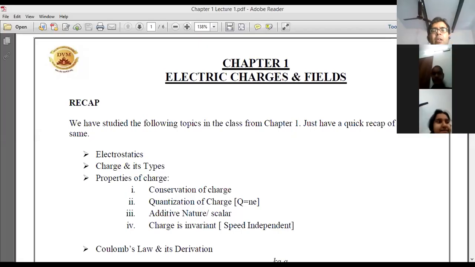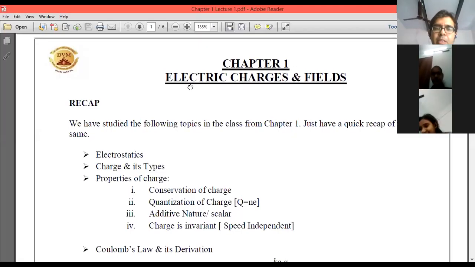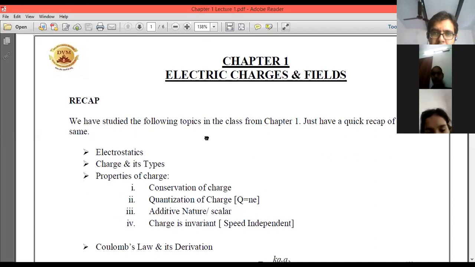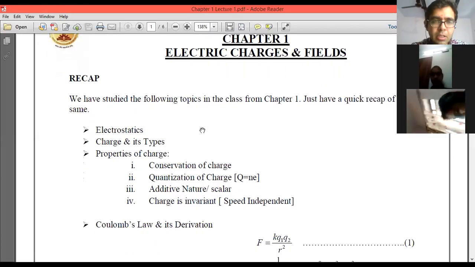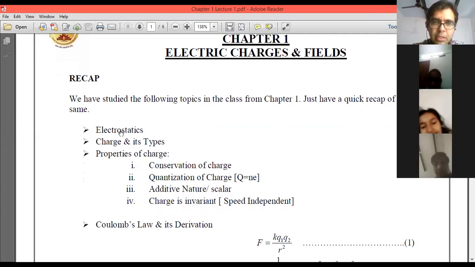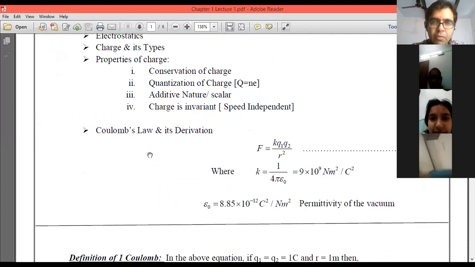This chapter we have already started in class, and I will just be giving you a recap. That's what we have done. We have covered electrostatics, the charge and its types, the properties of charge, namely conservation of charge, quantization of charge, its additive nature, and then we have studied that the charge is relativistically invariant. It does not depend on speed. After that, we have also found out